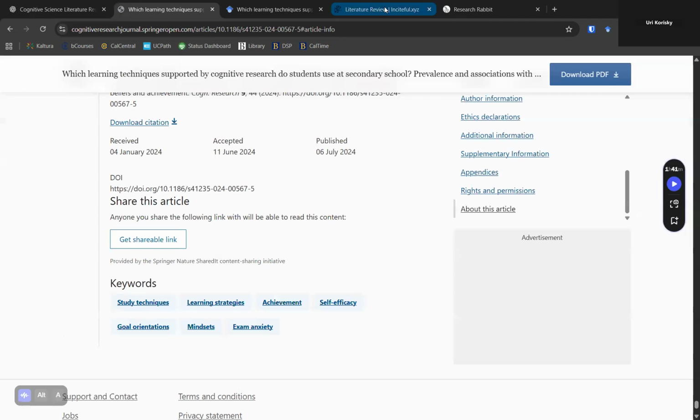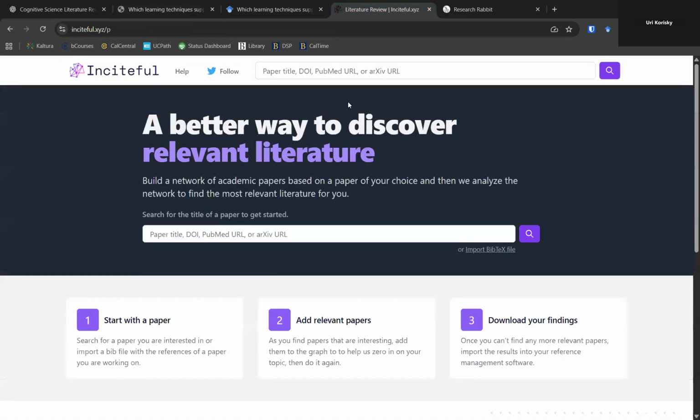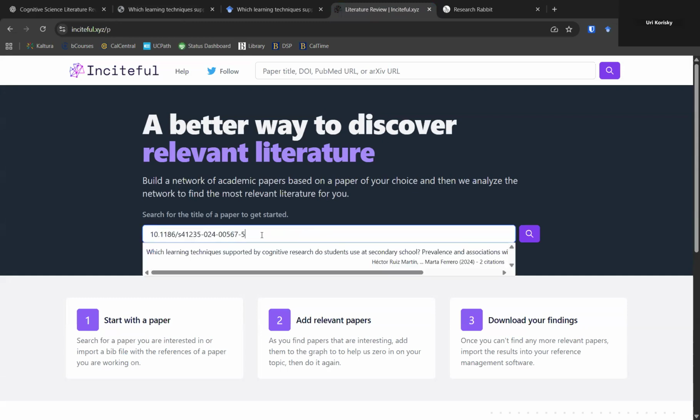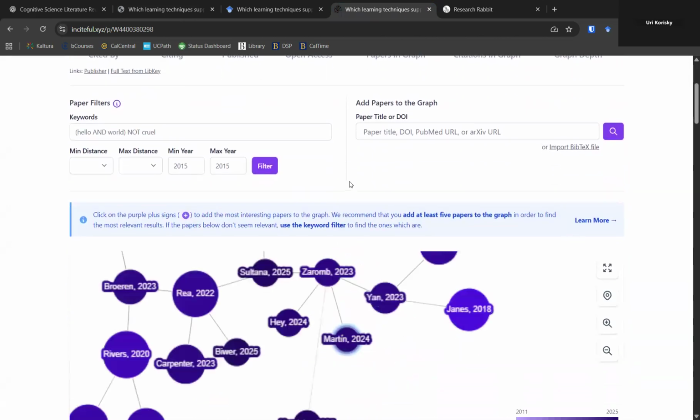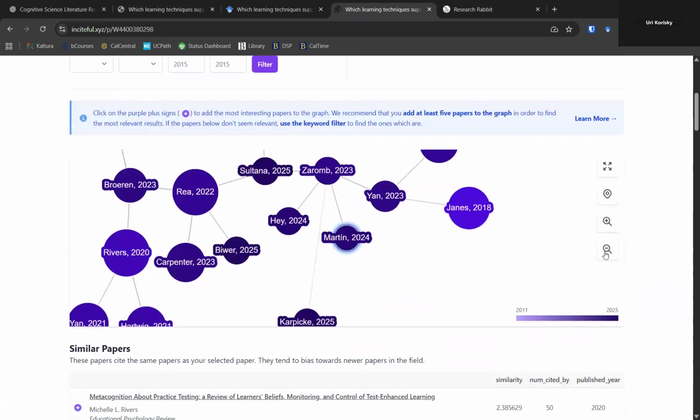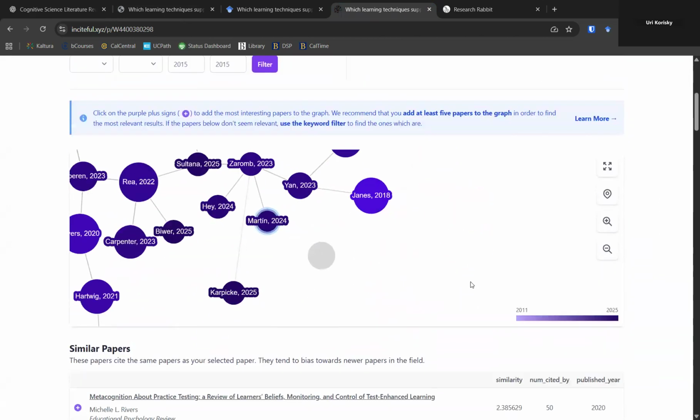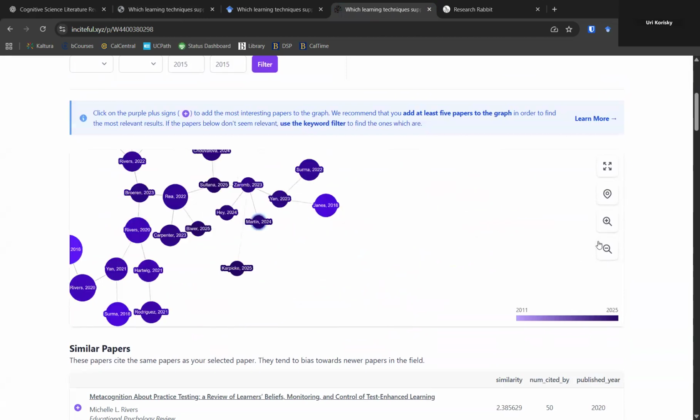So one tool which we can use is Inciteful, a relatively recent tool, which just helps you discover relevant literature. So if I just put in the DOI of the paper here, I just paste it, it already looks up the paper. And if I choose this paper, it creates a graph around the paper. So I'm waiting for it to be done. And then if I look up this graph that was created,